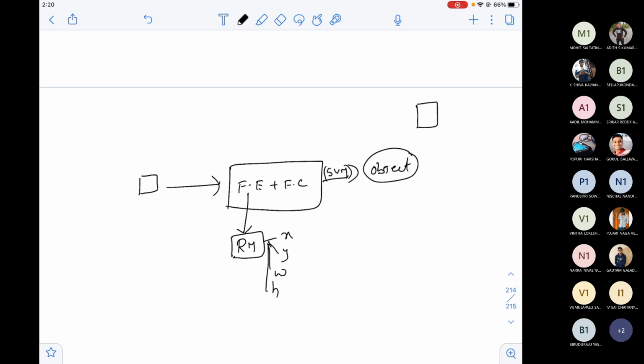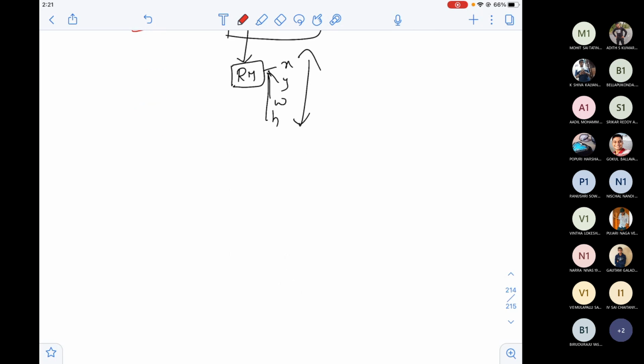See, what are the coordinates that we are drawing here? This should reflect the actual image coordinates. I cannot draw a bounding box around this, right? This is a cropped version. I have to draw the bounding box on the entire image or on the original image. So how do I do that?